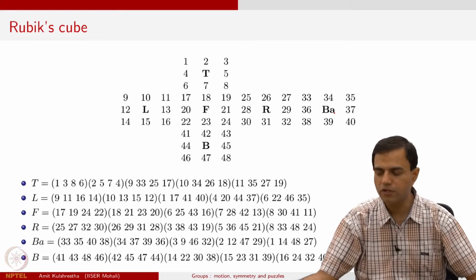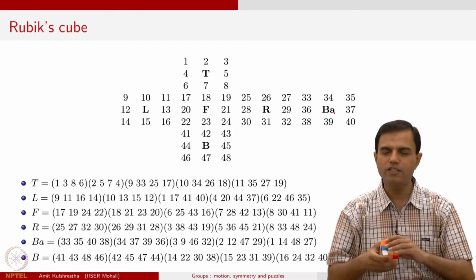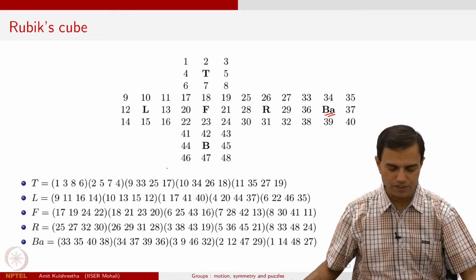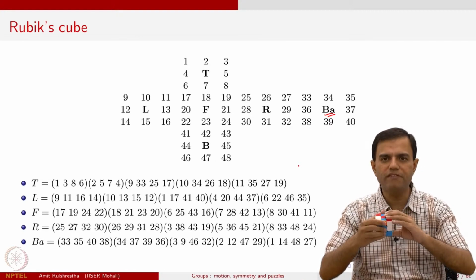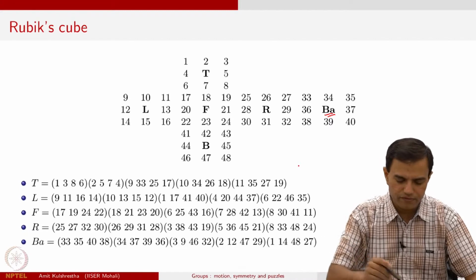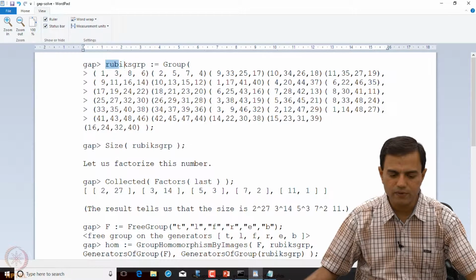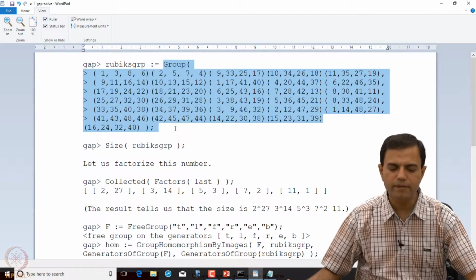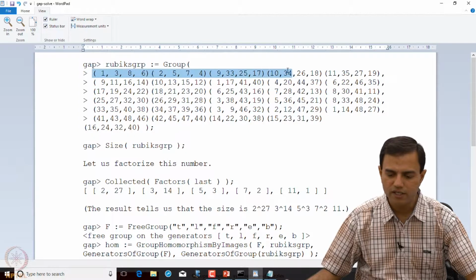Yeah. So this is what the Rubik's cube is made of. The Rubik's group is made of all these basic permutations, and I have written all these basic permutations. So if I move the left face twice, I will do the square of this permutation, right? So now we can try to write it as a group. I want the group which is generated by these elements. I want GAP, my software, to remember a group, and that group is generated by these basic moves, right? These are the moves.